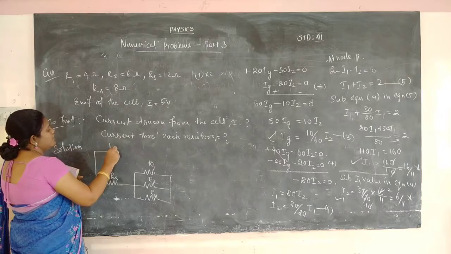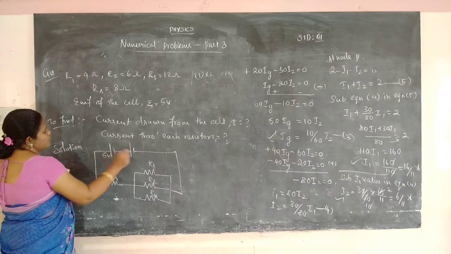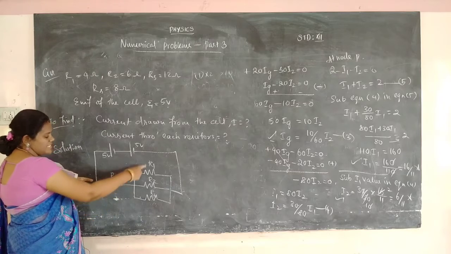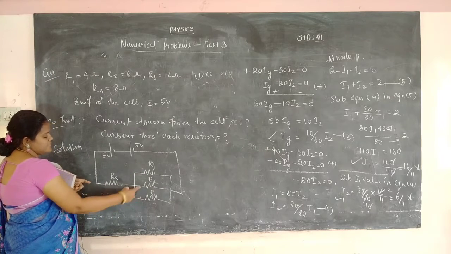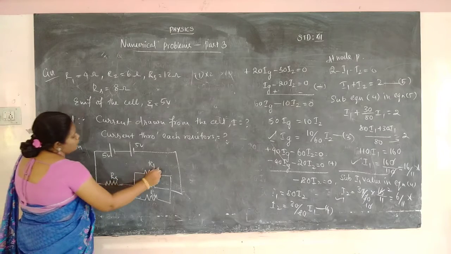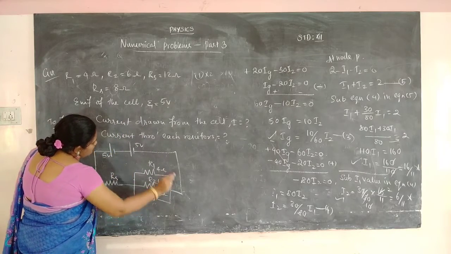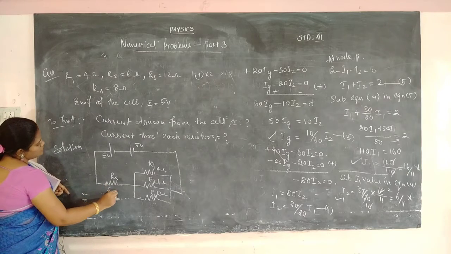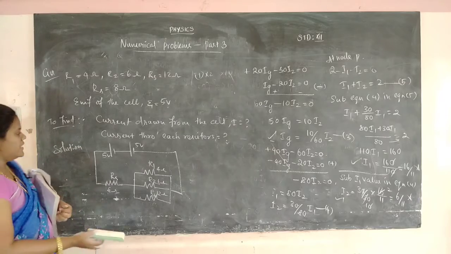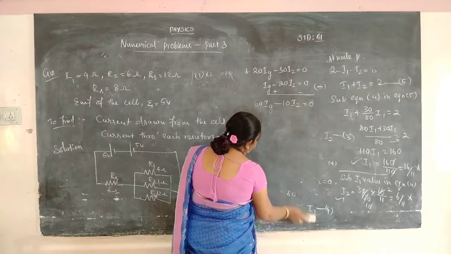So first 1 and 2. Okay, that is a 5 volt battery and a 5 volt battery. So 2 batteries will be connected in series, 3 resistors will be connected in parallel, and those 3 resistors will be connected with the series resistor. Okay, so R1 is 4 ohm, R2 is 6 ohm and R3 is 12 ohm. Okay, then RS is 8 ohm and the batteries are 5 volt and 5 volt. This is the circuit diagram. You must know how to draw the circuit first, only then can you solve it. Okay, so frame the circuit first and then go on to solve the problem.